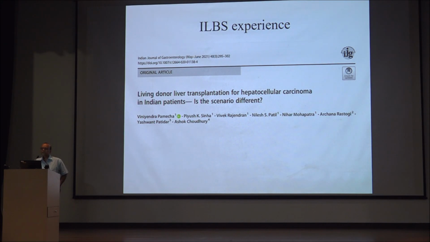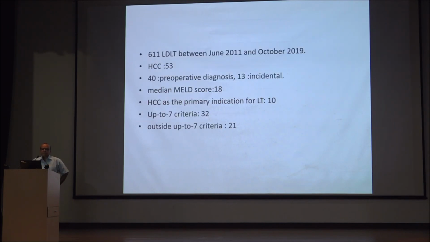How does it differ? It's really important, because what I have narrated till now is from the ideal scenarios or Western scenarios, and how exactly Indian patients present is interesting to know. So by then 600 transplants were performed, and out of them 53 were HCC, 40 had a preoperative diagnosis, 13 had incidental. The median MELD score was 18. The important point is that HCC as the primary indication for transplant was just 20%, and they followed